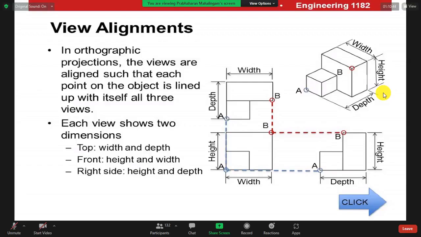These are the default projections for mapping or copying. There are two ways, first angle projection and third angle projection. The first angle is one way of drawing, the third angle is another way.